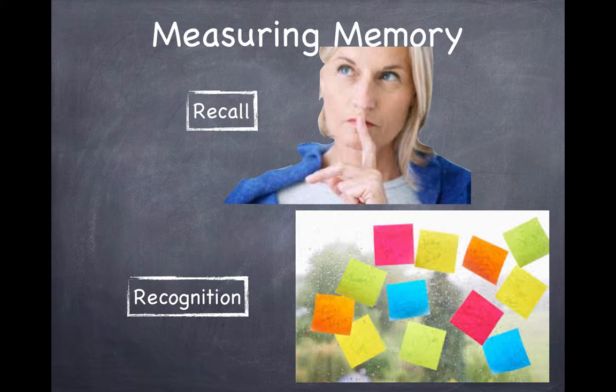Now, sometimes I might use a retrieval cue, giving hints about the information that's required. So, for example, that question might be, the founder of operant conditioning was B.F., and leave you with a blank to fill in the rest. Now, the B.F. may have been a cue for you to put in Skinner. Now, when we use recognition, sometimes we use different strategies, and I'll go into more strategies later on. And one example of a recognition strategy would be using a mnemonic. And again, I'll go into this later on.